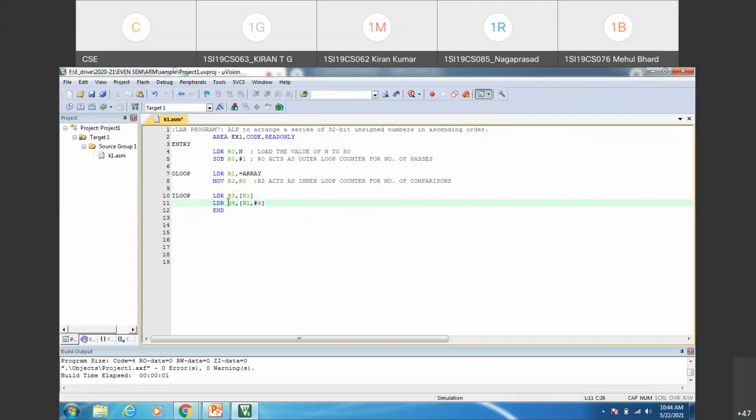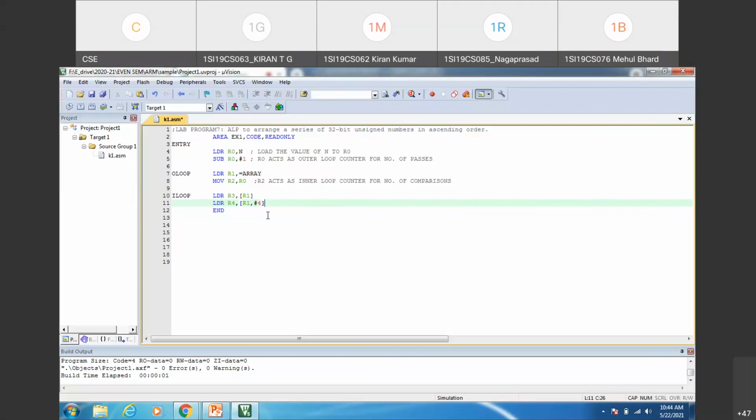In the innermost loop, these are the statements we are writing. The first two statements fetch the first two elements from the array: LDR R3 comma content of R1, then LDR R4 comma content of R1 comma hash 4. We have used the pre-index method, not pre-index write back or a post-index method, for accessing the array elements.